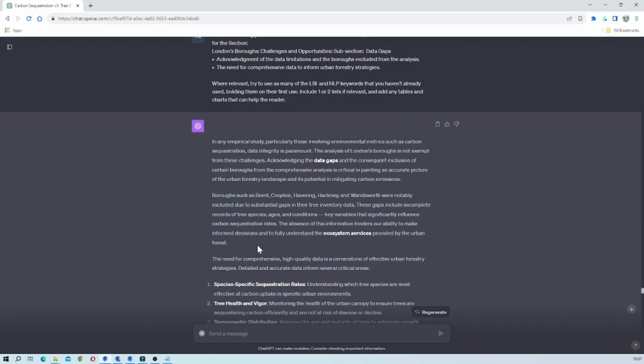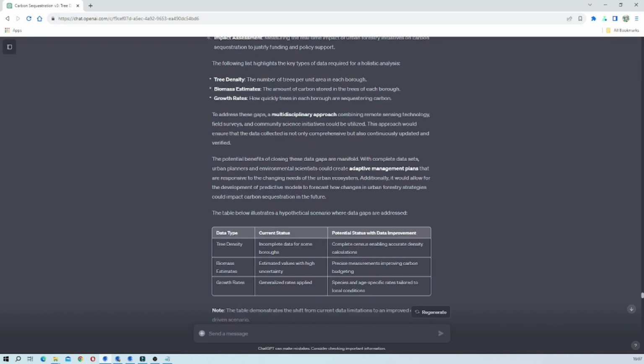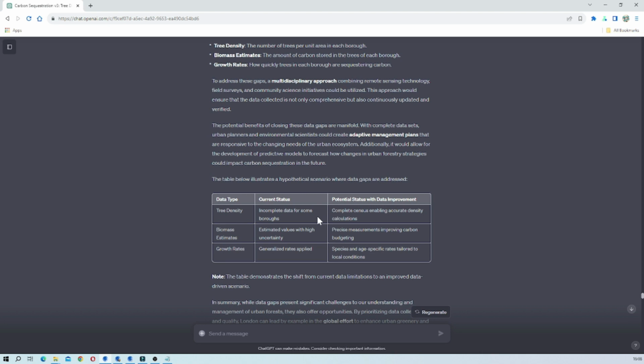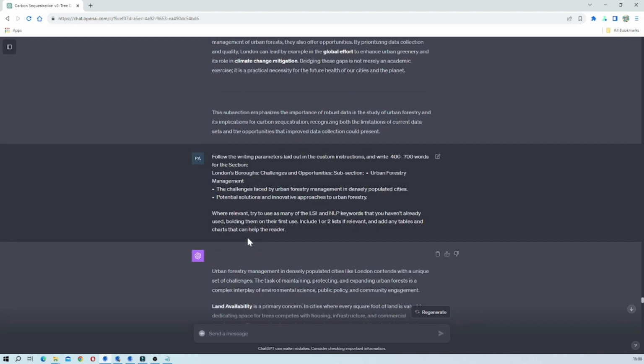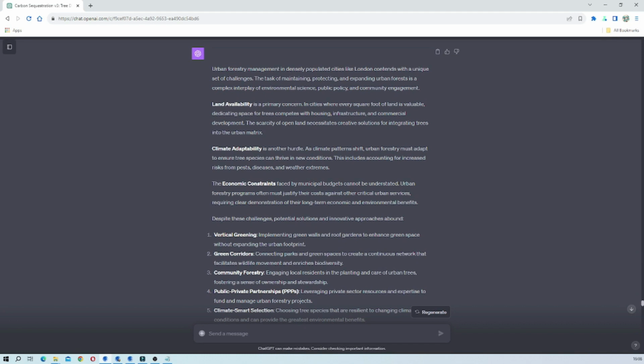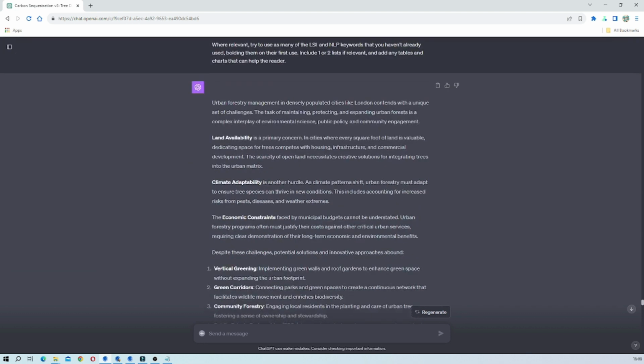So I asked it about data gaps and then making sure that that was included in the article. Again, it's giving me my keywords, and it's also giving me my tables. And finally, it started here where we started to get into the realms of, I don't know whether this is really accurate, because